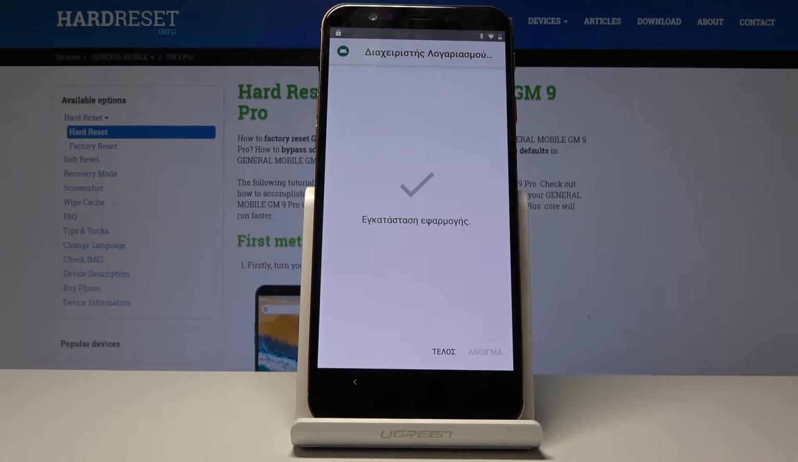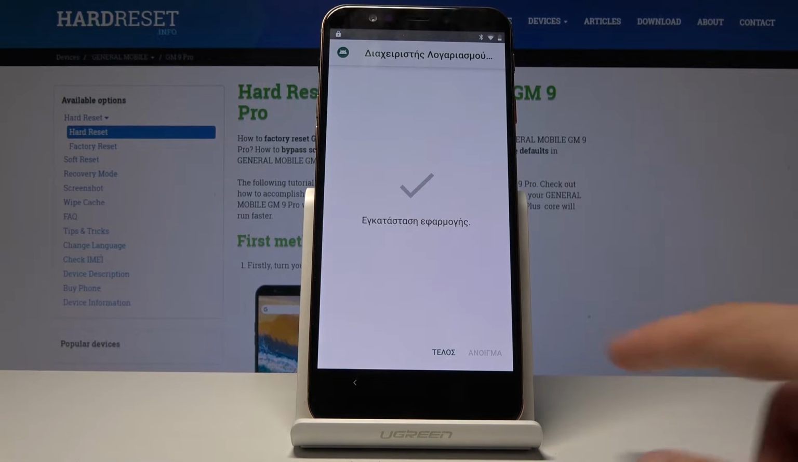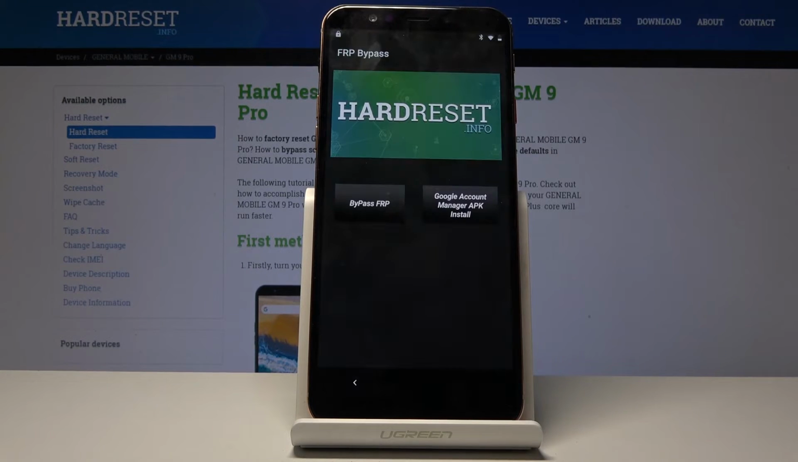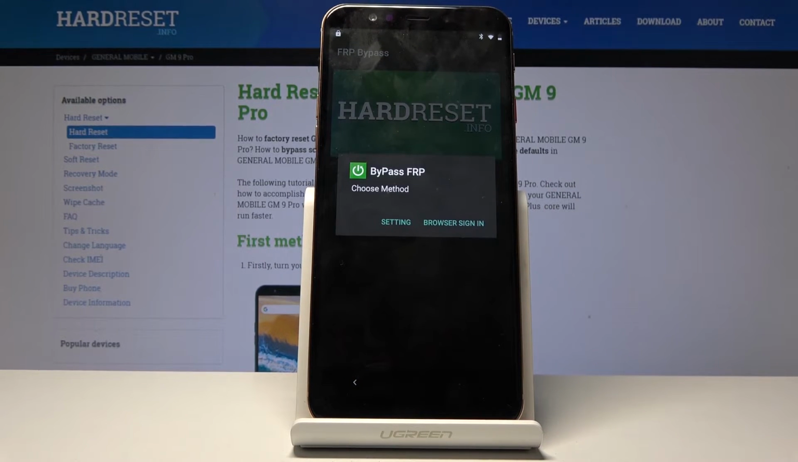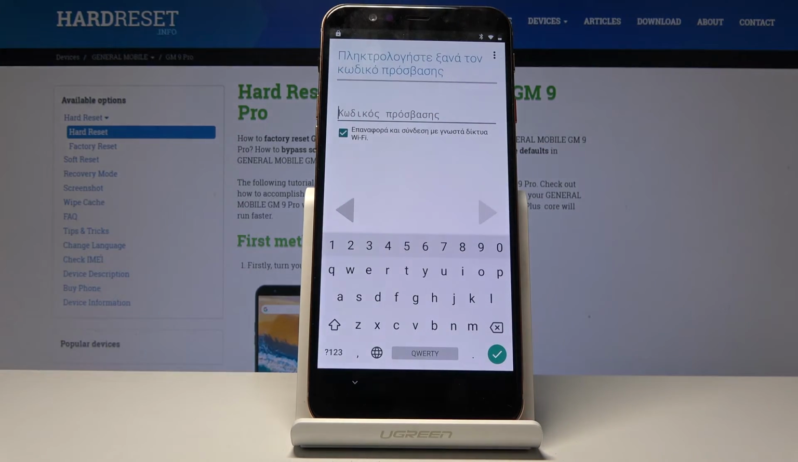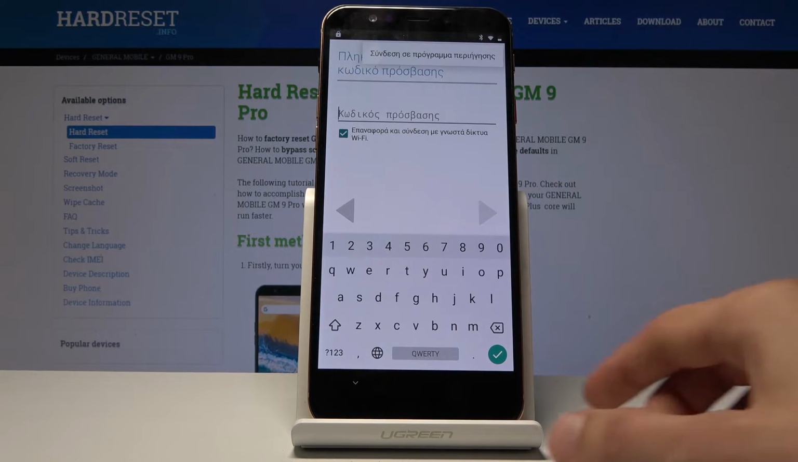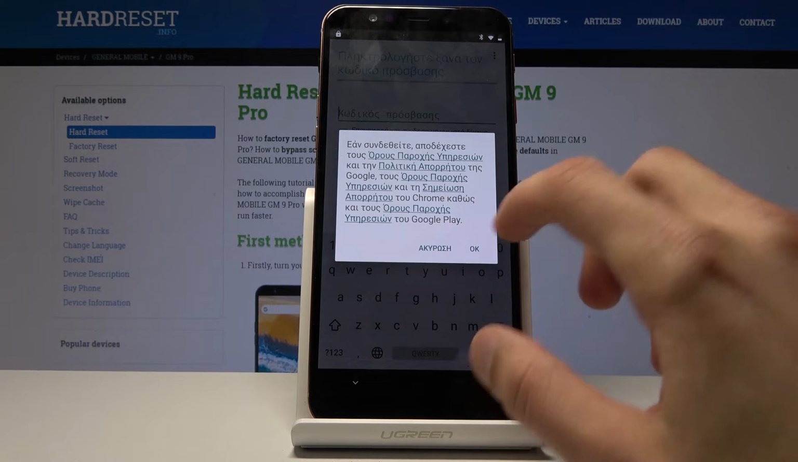Now once it installs, you don't actually have the option to open. As you can see, it's grayed out and you want to go back anyway, so it's not like we want to open it. So once that is installed and we're back in the FRP bypass, now we can tap on bypass FRP and then select browser sign in, and from here again tap on 3 dots and then choose browser sign in, confirm it,